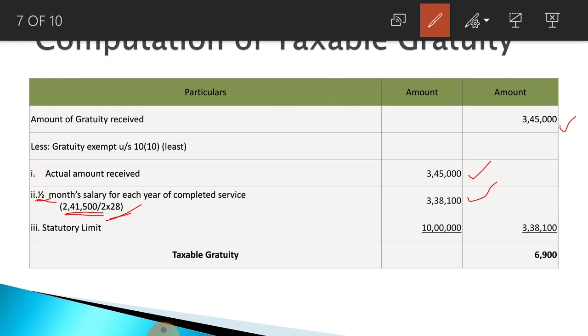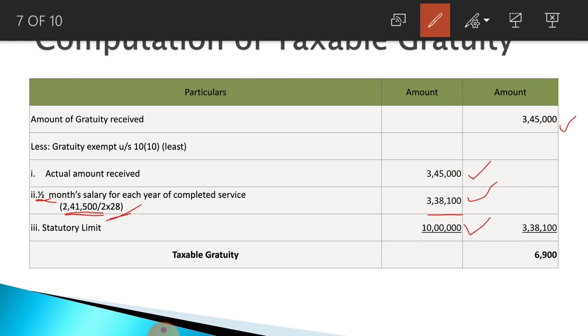Statutory limit 10 lakhs, remember this point. Employee not covered by the Payment of Gratuity Act, statutory limit is 10 lakhs, but person or employee covered by the Payment of Gratuity Act, statutory limit 20 lakhs rupees. Here least of the following you have to consider. The least of the following is half month's salary, that is